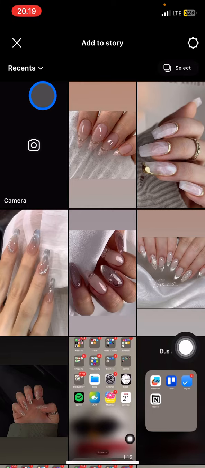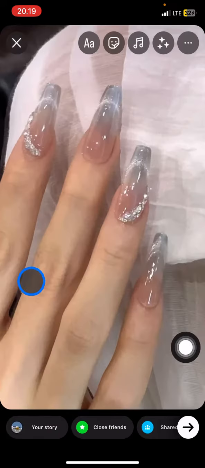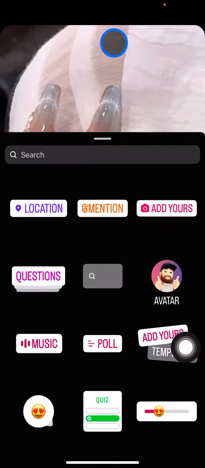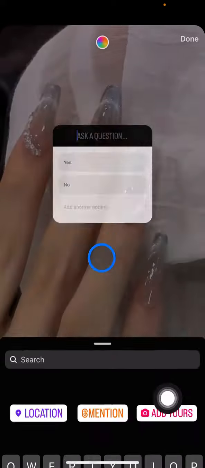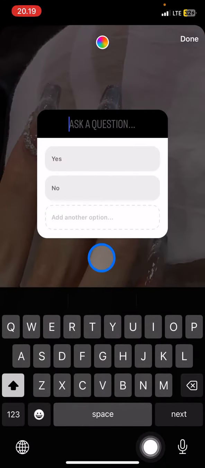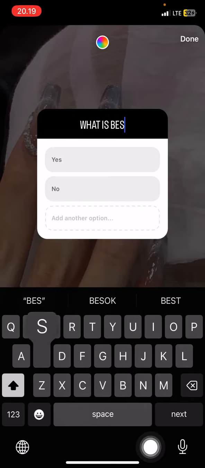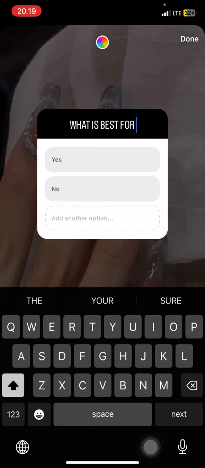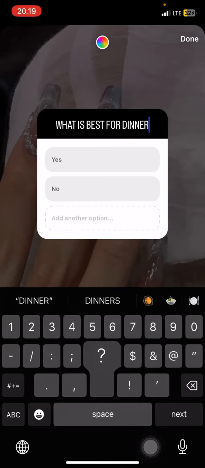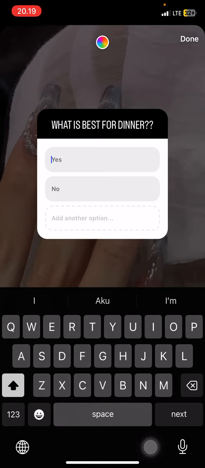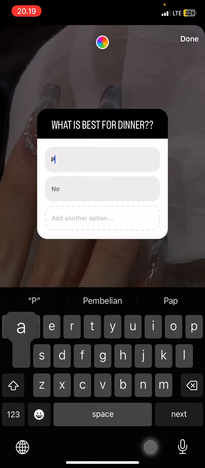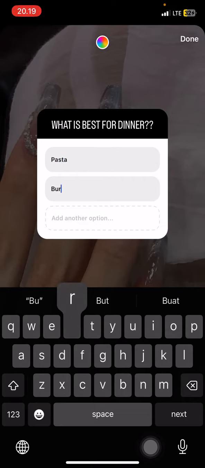And after that, you just need to choose the picture that you want to create, and after that, to create a poll, you just need to go click this symbol and go click this poll feature. And now we just need to start the questions. So let's say... and now we just need to prepare the options. And after that, you just need to